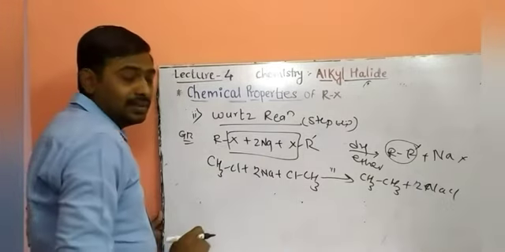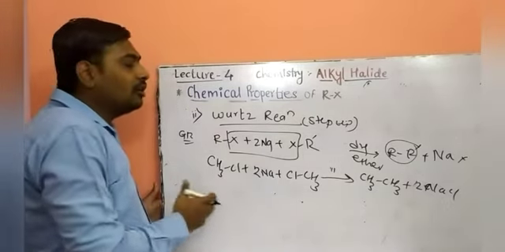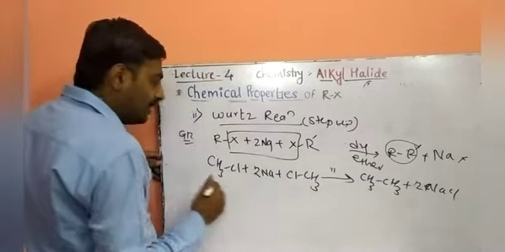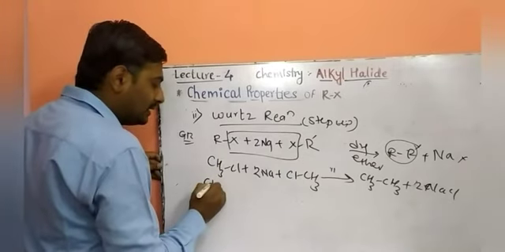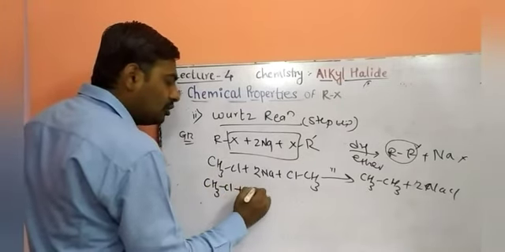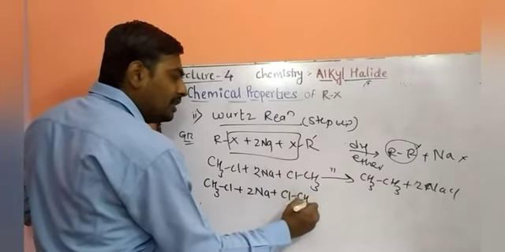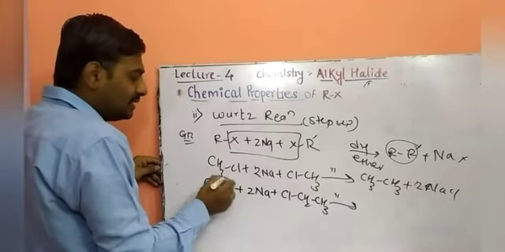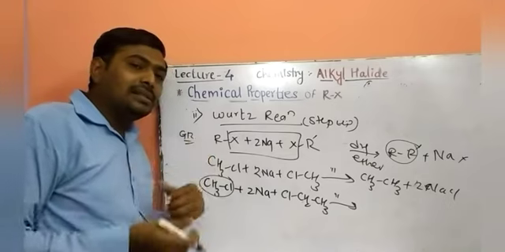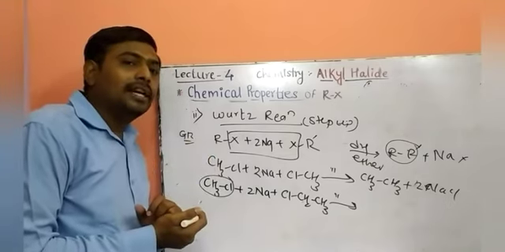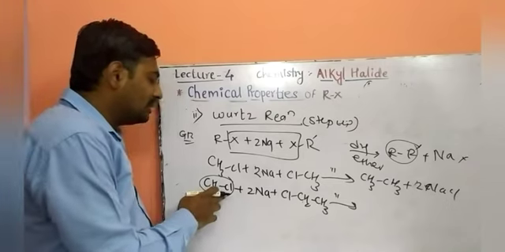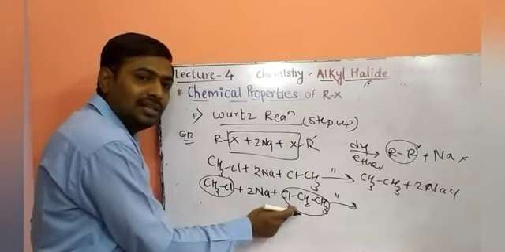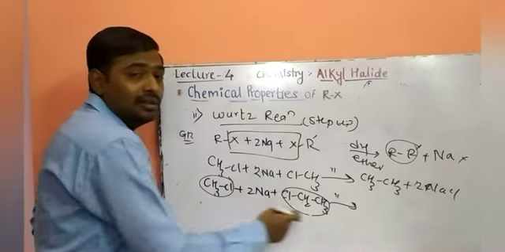If R and R dash are the same, what is the advantage of this reaction? We get a higher alkane as a product. But what is the major disadvantage of this reaction? See, when we are taking two different alkyl halides, that is CH3Cl and on the other side ClCH2CH3, again in ether solvent, what are we getting? This CH3Cl may combine with itself, that is a coupling product. CH3 may combine with itself, or C2H5 may combine with itself, or these two molecules may combine with each other.